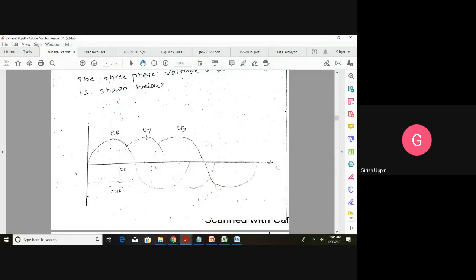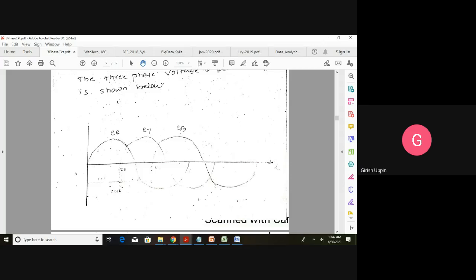Y phase has two terminals and B phase has two terminals. And when we have two terminals each, there are a total of six terminals. So there are two possible connections, that are star and delta. In case of a star, all the one ends are connected together and the other ends will form the terminals for the three-phase power, and the common point where all the three phases are joined is considered as the